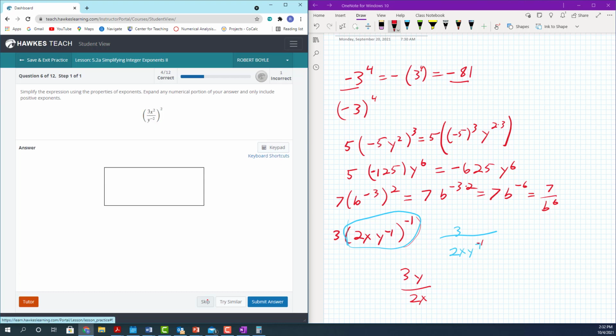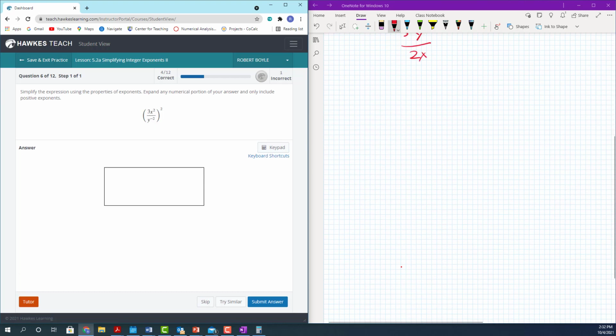All right. This one might be worth doing. This one is (3x squared over y to the -2 power), the entire thing squared. I think the best thing here is to go ahead and do the power rule first. If you do, you will have